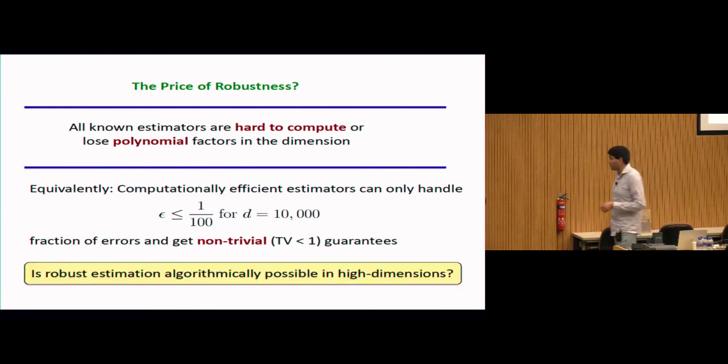So, you know, we could actually wonder, maybe this tension is actually fundamental. And this is something that I wondered about for a long time. Maybe robustness and computational efficiency are just at odds with each other. Now, I won't tell you some of the backstory, but it turns out that there are many different definitions of being robust. There are things like breakdown point, which are even harder to satisfy. And those things actually do have this provable tension. In fact, if you could be robust with breakdown point, then you are solving an NP-hard problem.